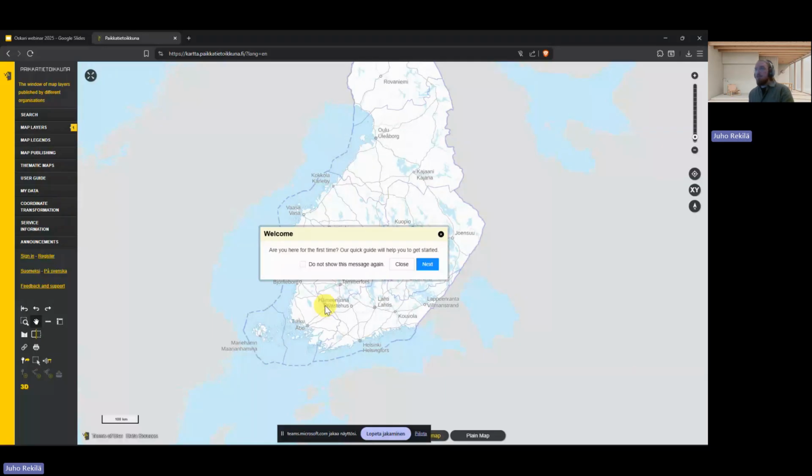So paikkatietoikkuna is the oldest and pretty much the first Oskari instance. And I will be using paikkatietoikkuna for this demo because it has a good range of functionalities that are available for the end user, and also the whole user interface is in English. So first of all, paikkatietoikkuna has a welcome window. This is of course completely optional. We can close it for now. And if we take a look at the user interface,